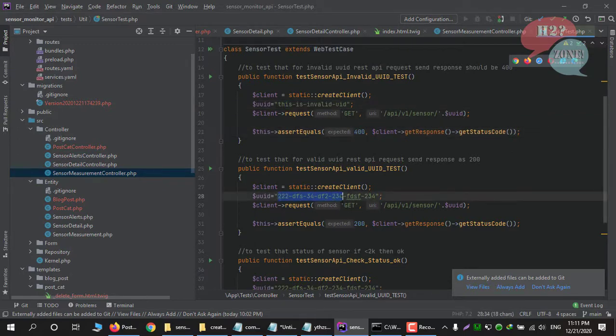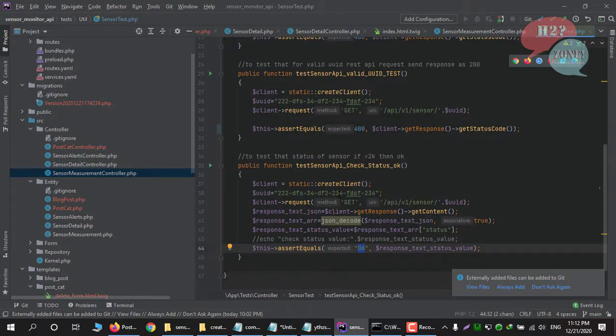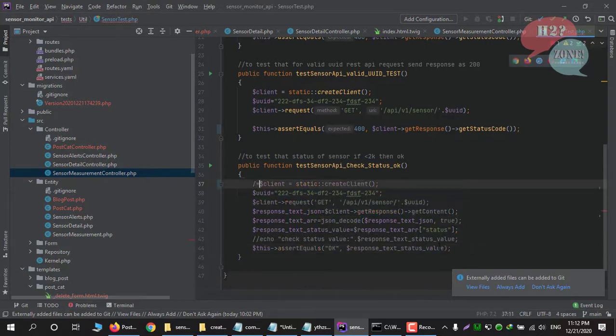This is the same invalid ID, but it has 200, which is for an okay response. So I am going to set this as 400 too, because it's an invalid ID and it will send a 400 response. So this test case will match with this 400. Save it and run again. This use case is not working because the ID is not valid, so I am going to comment out this use case.